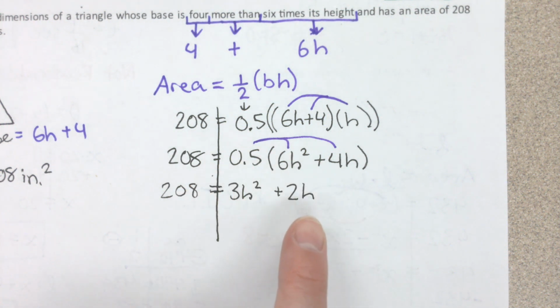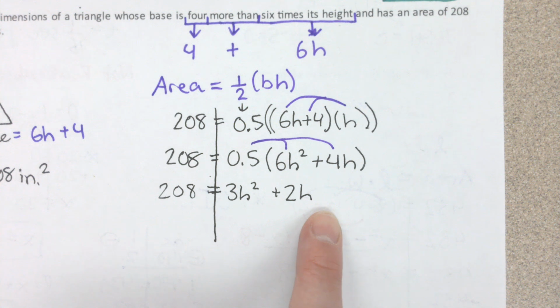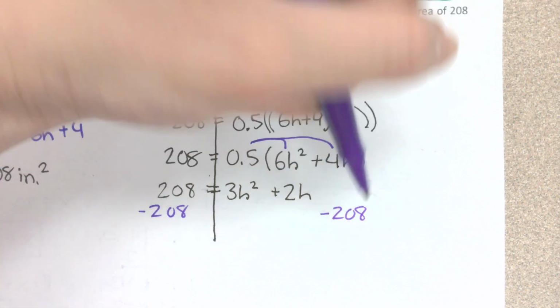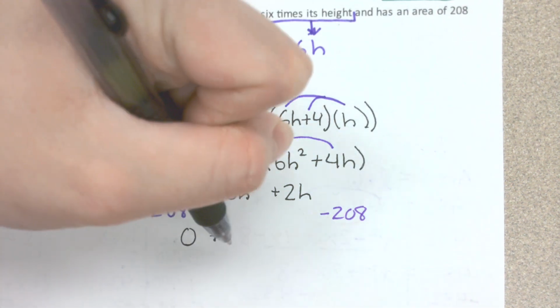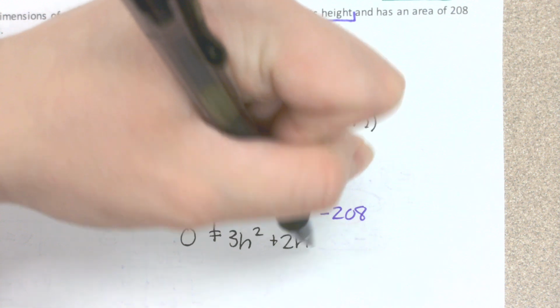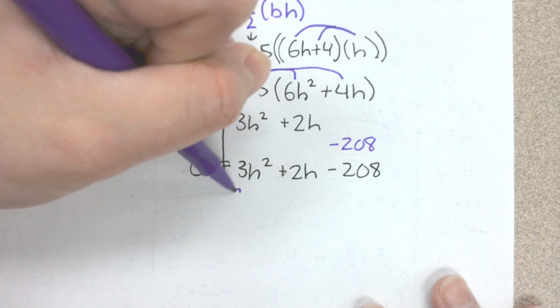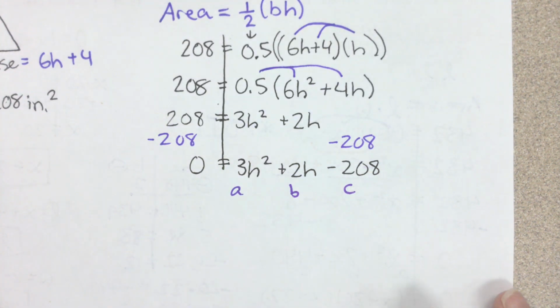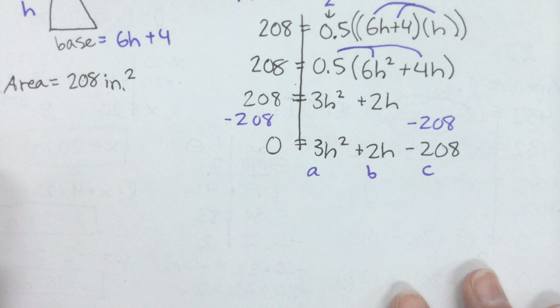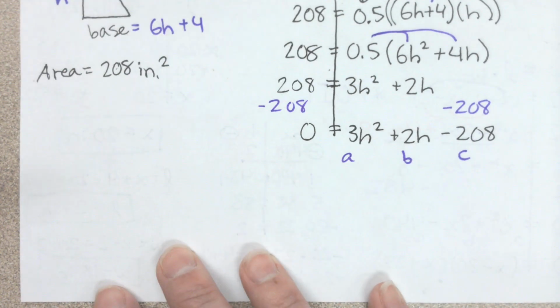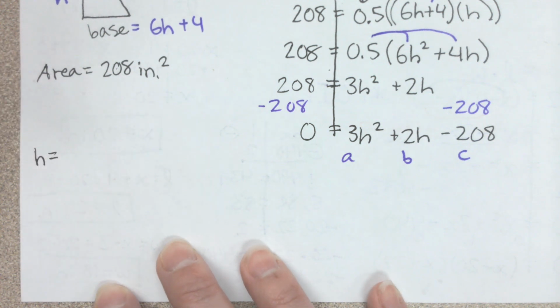Now that I just have an expression here, I can move the 208 over here with everything else. Minus 208. 0 equals 3h squared plus 2h minus 208. And we can finally do our quadratic formula. ABC. And I'm going to start it way over here. So this time we're solving for h. H equals,